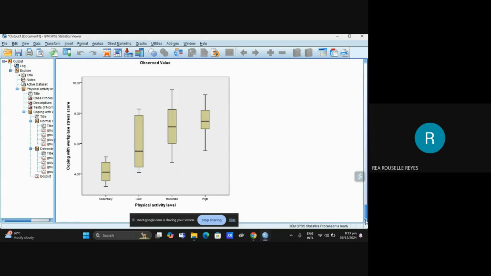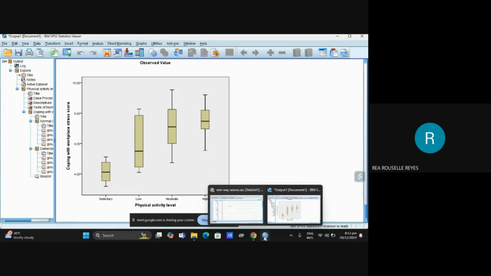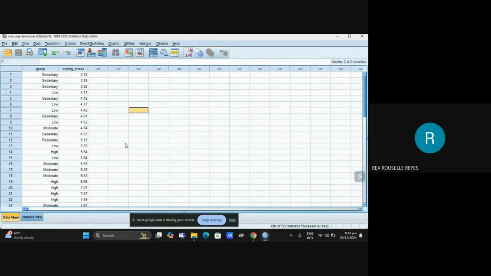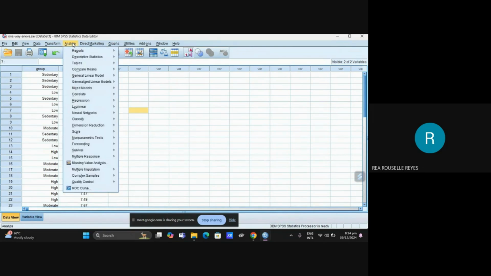After that, step 3 is ANOVA with post hoc testing. Let's go back to the data view. You are going to click analyze, then compare means, and then one-way ANOVA.